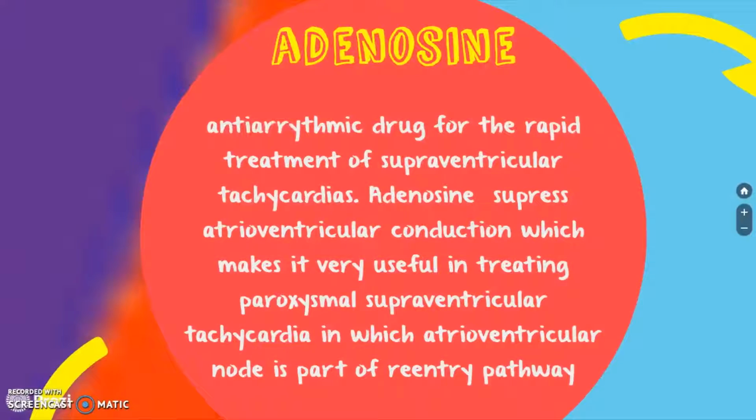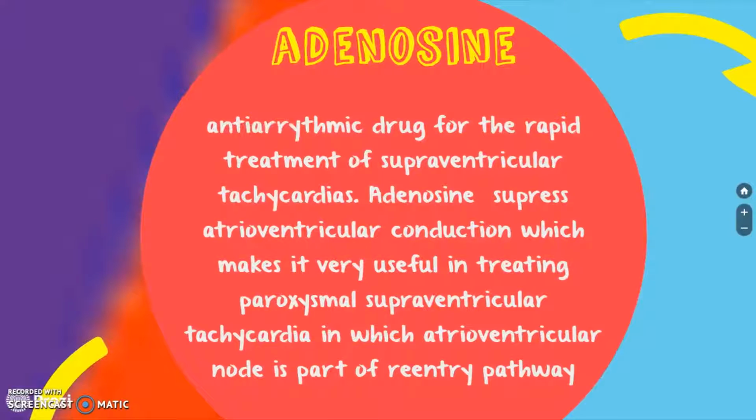The therapeutic and diagnostic use of adenosine. Adenosine is an antiarrhythmic drug for the rapid treatment of supraventricular tachycardias. Adenosine suppresses atrioventricular conduction, which makes it very useful in treating paroxysmal supraventricular tachycardia, in which the atrioventricular node is part